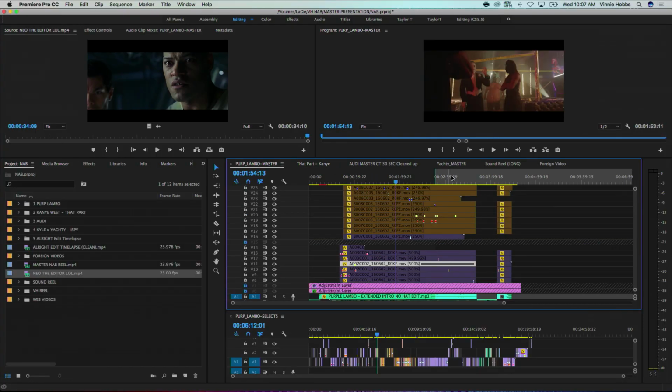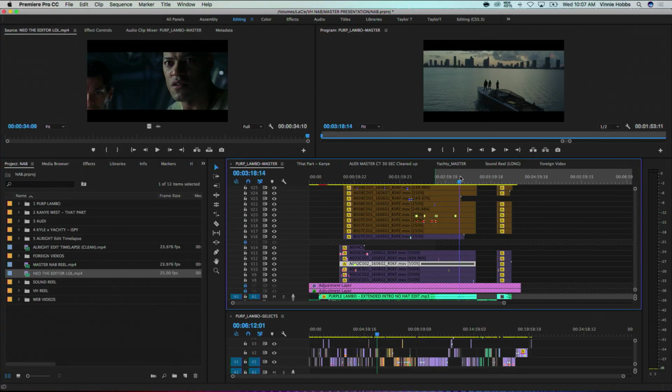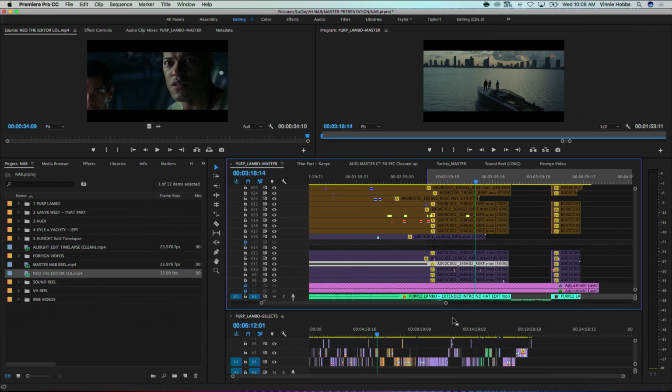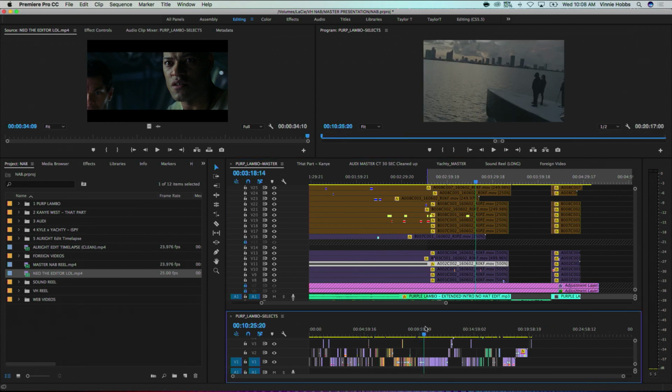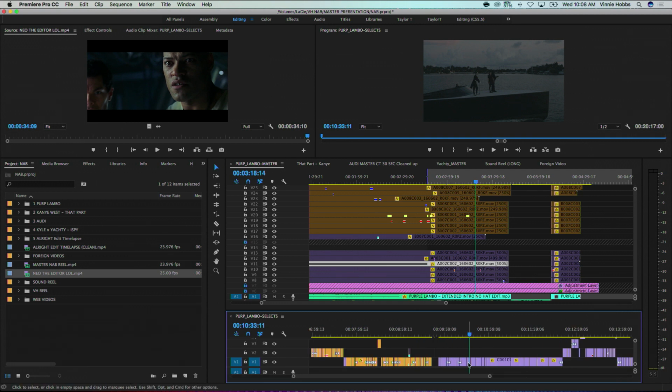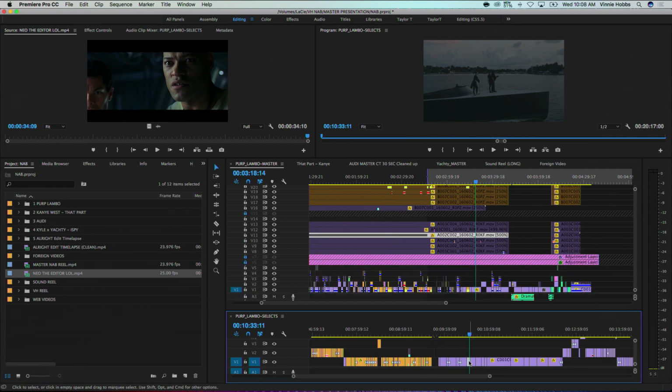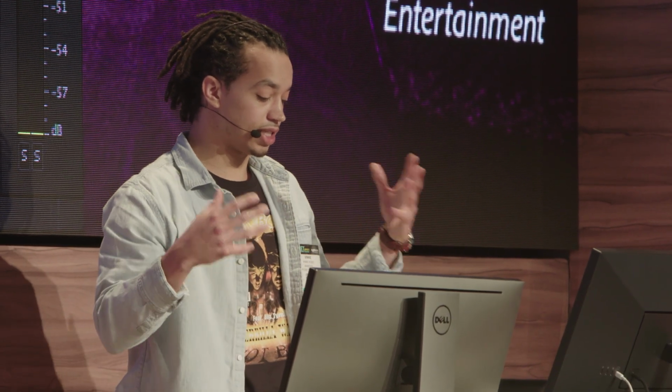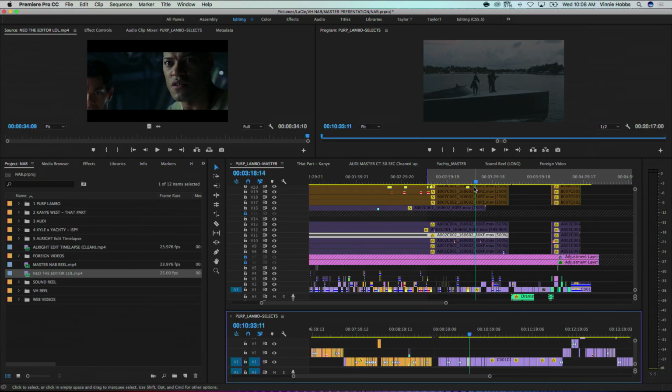So, for example, in this video, Purple Lamborghini, there are a lot of boat shots at the end. And let's say I just wanted to easily change this shot, for instance. I could go to my pancake, my selects timeline, and just easily drag it up right there. And there you go, it's in your master timeline. And that's one thing that just helps me move and groove when I'm in the edit. And it really just makes you see things in slow motion, just like Neo from The Matrix. So now I'm going to move on